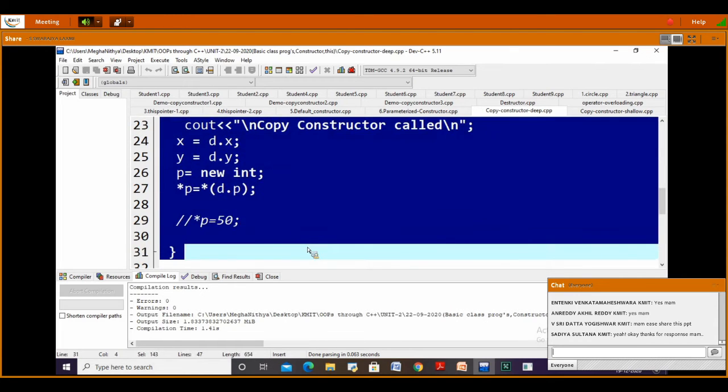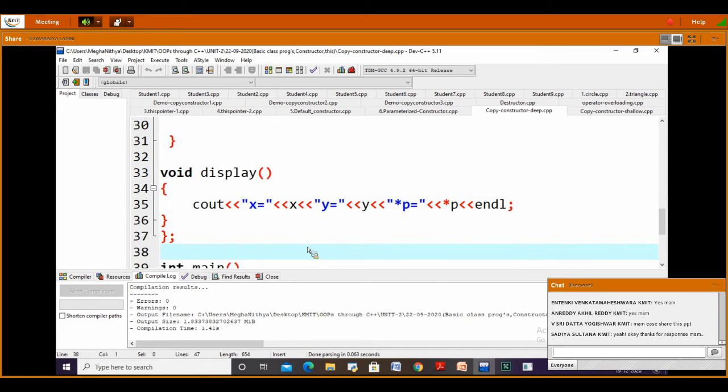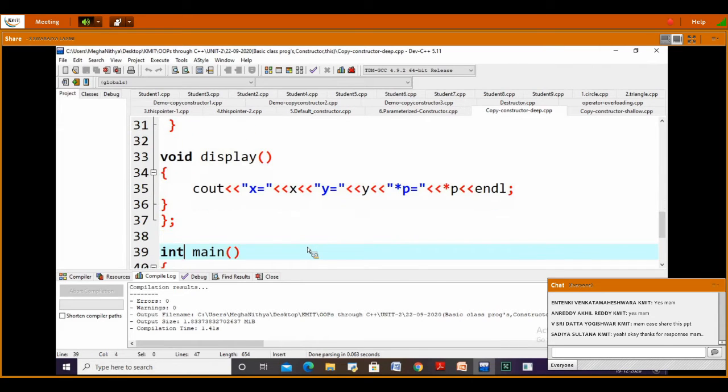We have to include the parameterized constructor whether it is a shallow copy or deep copy. We need to include it, when we are displaying the values of x, y.